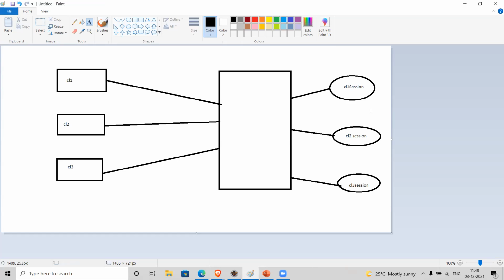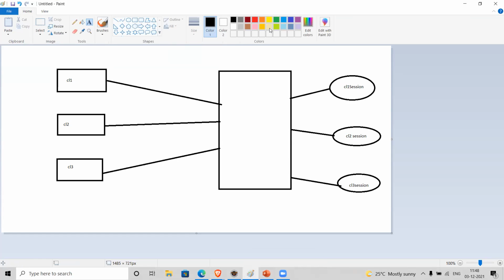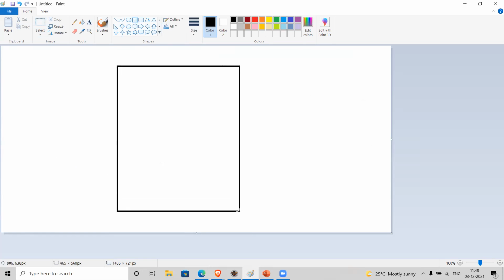It is nothing but a Java application running on a web server. Now, what is a web server? Are you able to hear me? Is my voice breaking again? Yeah, I'm able to hear you. Web server is an application which provides the runtime environment to our web application. So a web application is nothing but a Java application which is running on a web server. Now, what is a web server?